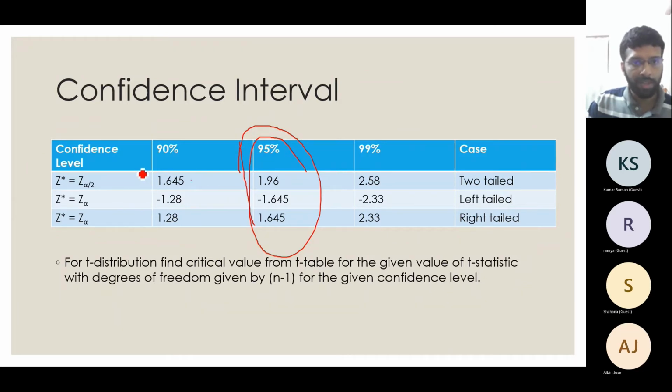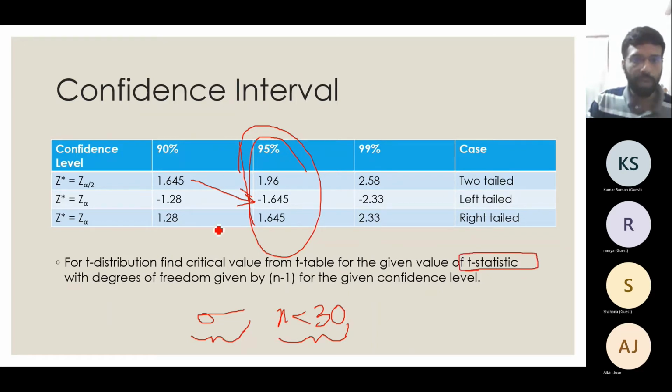And if you see, this value is actually the same as this. This is intuitive, right? Because for 10% in a two-tailed test we have to divide into 2 parts, but here that 5% itself we are considering. So that way you can memorize these values, or just the 95% values. Most of the problems will be coming for 95% only. Now this is the z case that we saw. Now what if my sigma is unknown and n is less than 30? As we saw in the previous slide, in this case we have to use a t-statistic with degrees of freedom n minus 1. We will see that also in the subsequent slides.